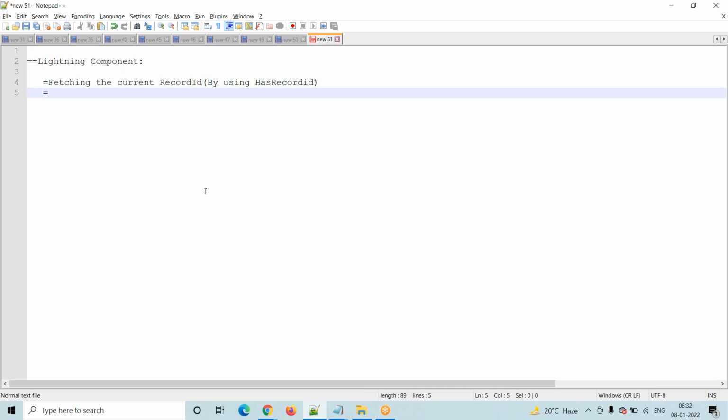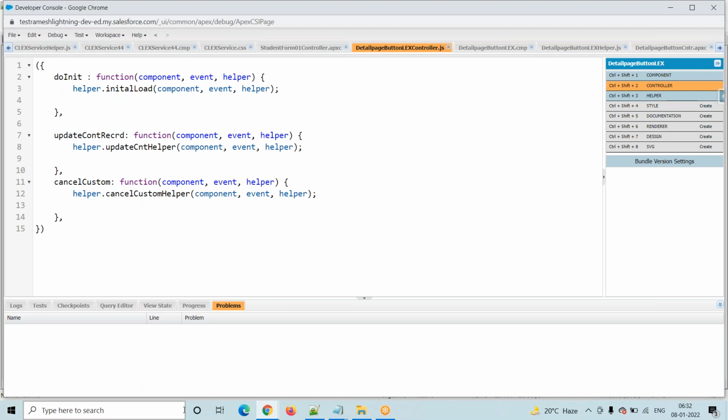Once it fetches the current record ID, while loading the page, we are passing the current record ID to the client side controller. How are we passing it?